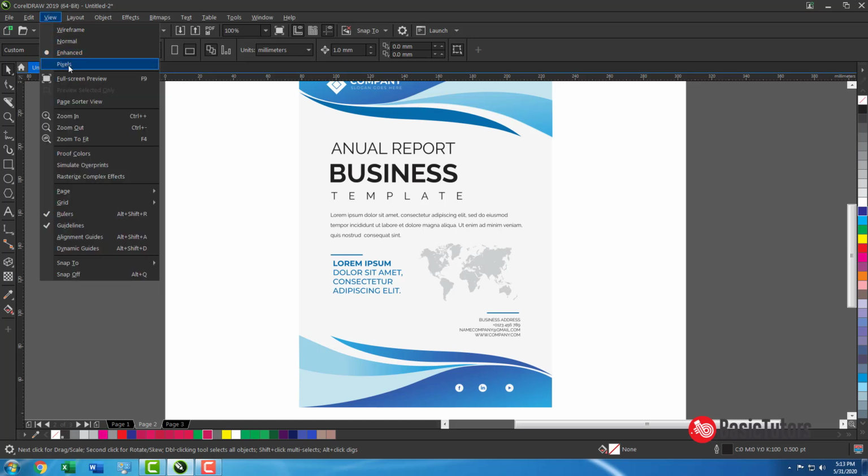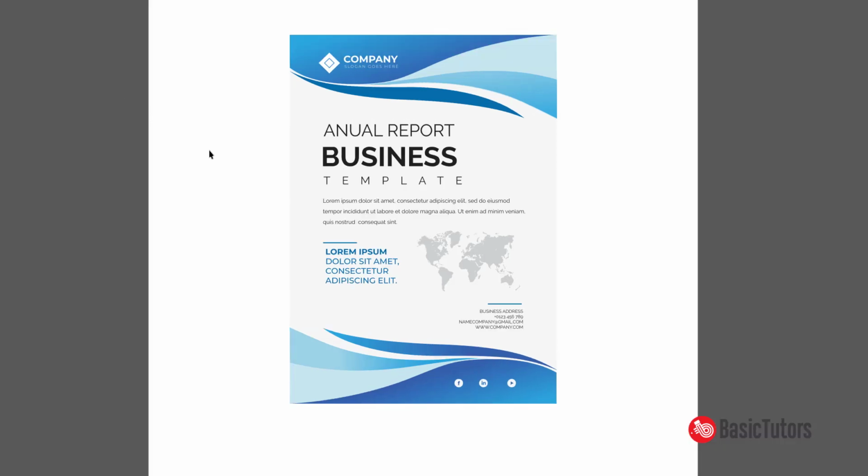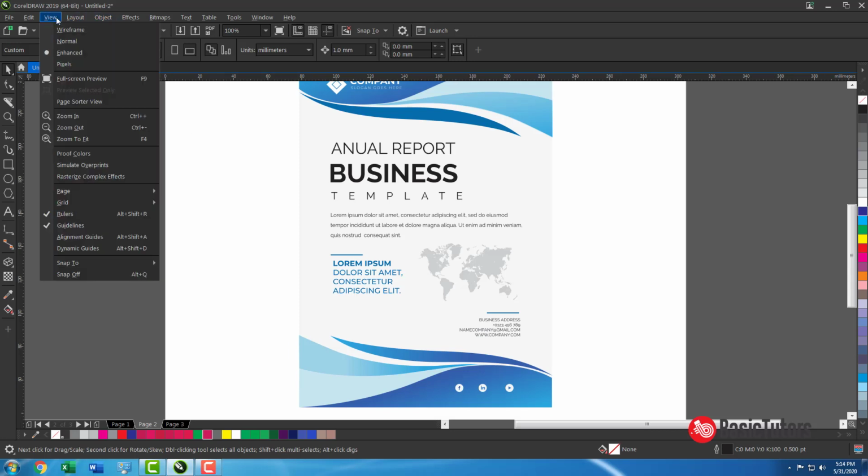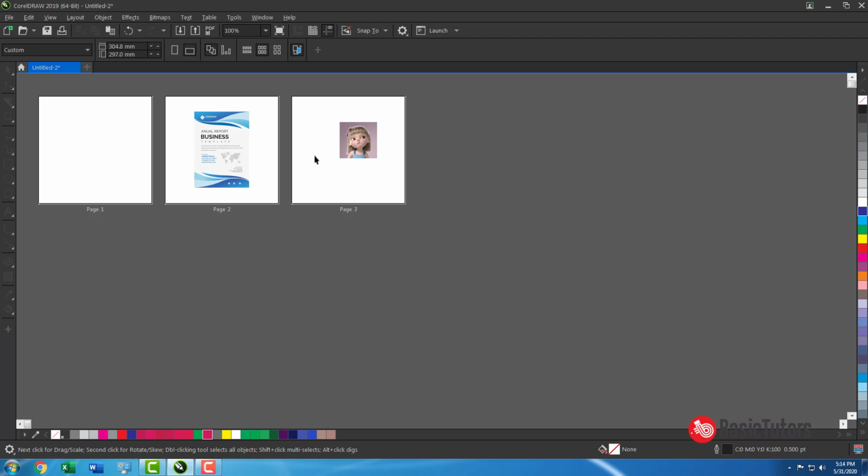Pixels view will be useful for any artwork intended for web-based use. You can use this command. Also, other things are there, like full screen preview. One thing is page sorter view. You can move pages with this view and do things with pages.